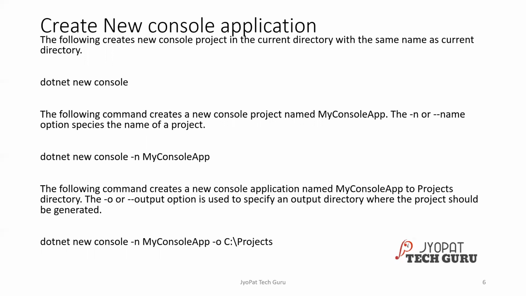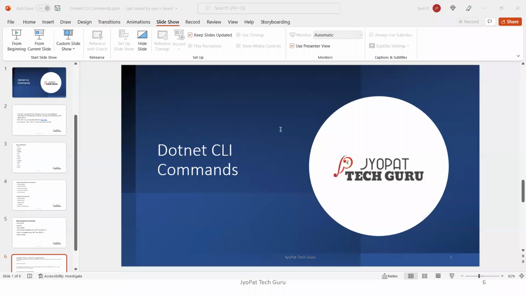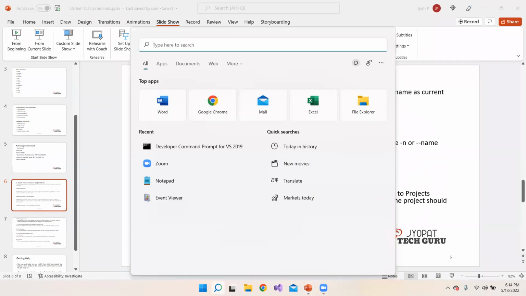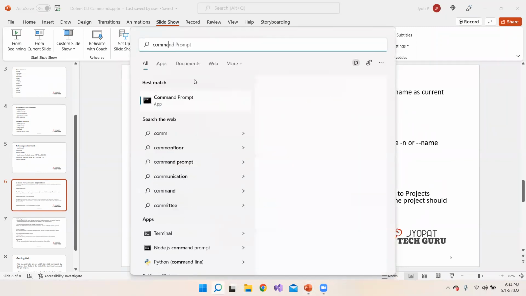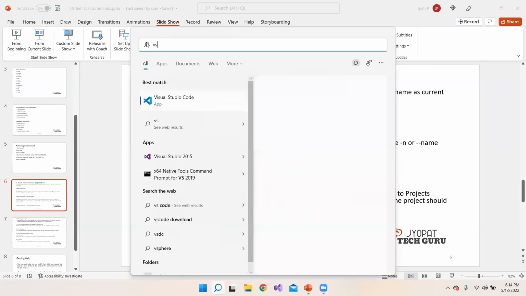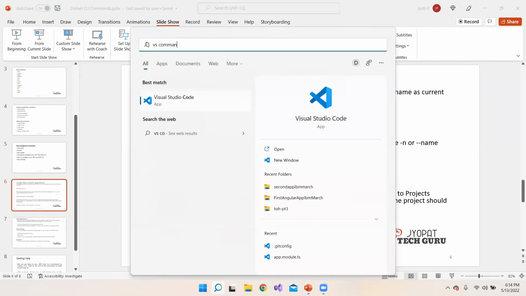Again, you have all the standard commands, which you have to issue from the Visual Studio command prompt, or you can go to Visual Studio, where you can also open it. Currently in the Windows search bar, I'm typing command prompt. You will get many options like x64 or x86 cross tool command prompts. If you're particularly looking for the Visual Studio command prompt, then you can go for